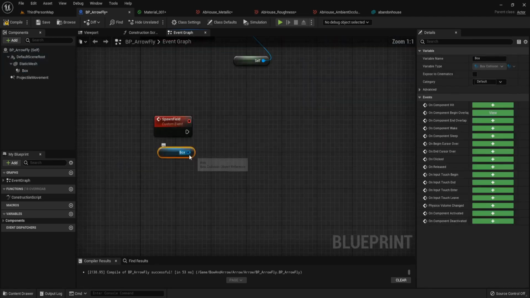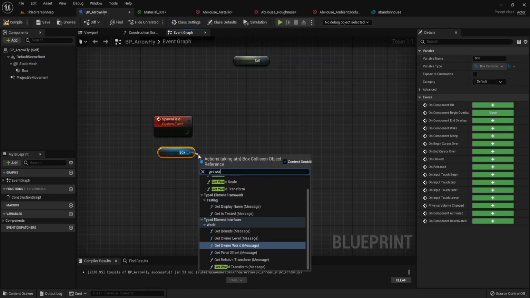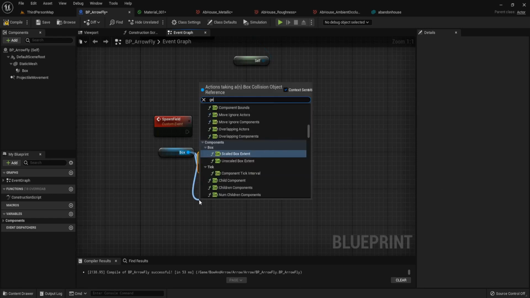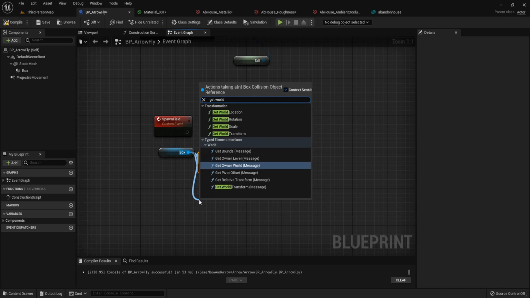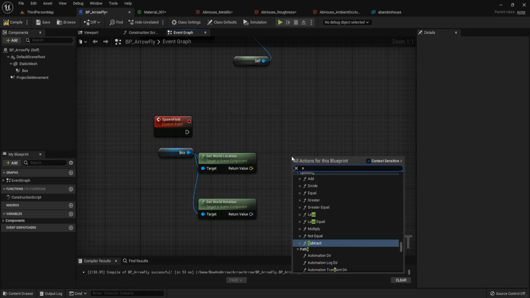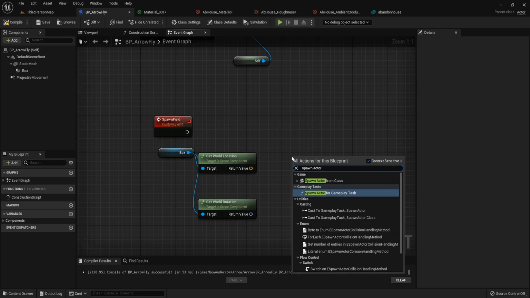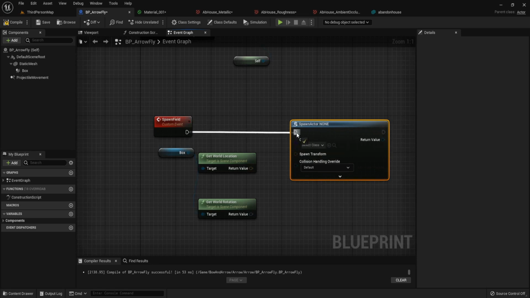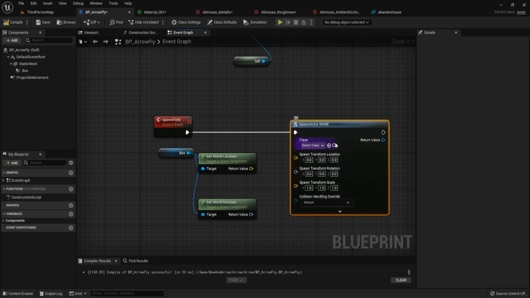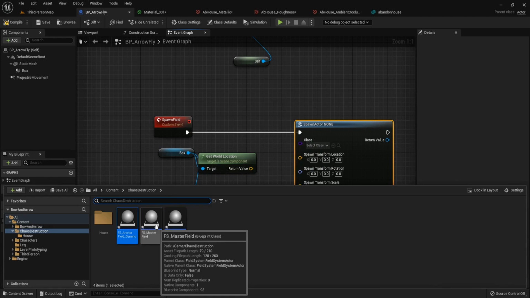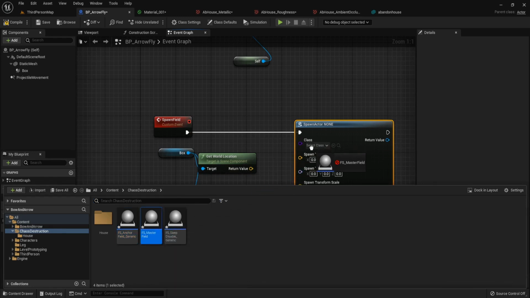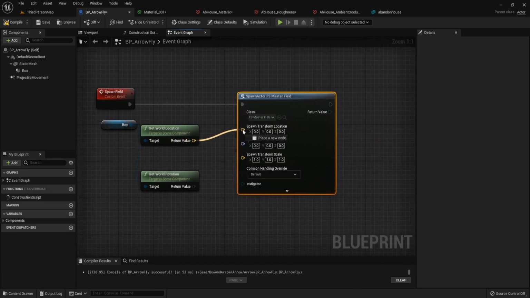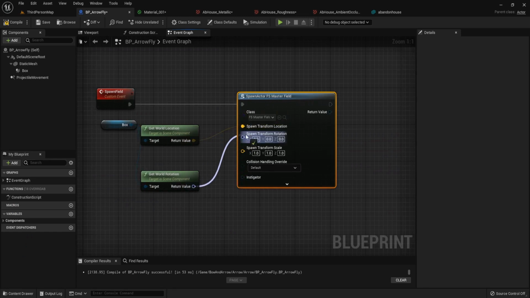Get box, get world location of this box, and get world rotation. Call spawn actor from class and split this spawn transform. Our class is FS master field. And connect the world location to spawn location and the rotation.